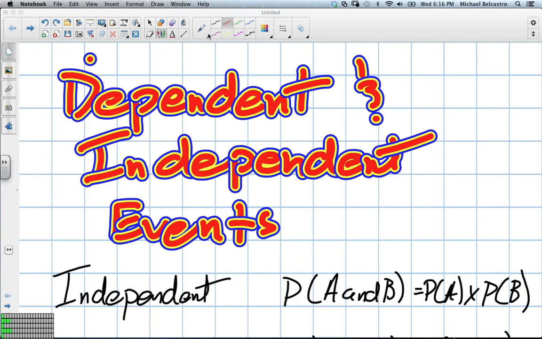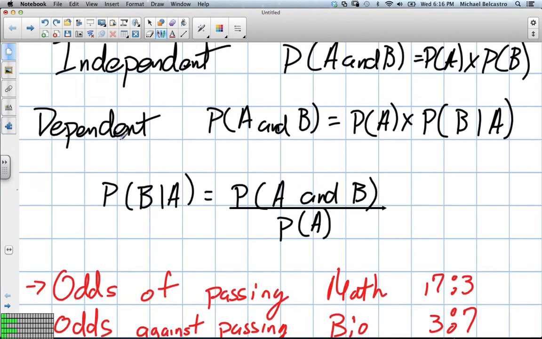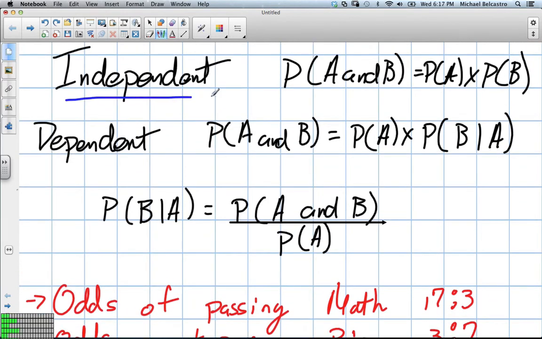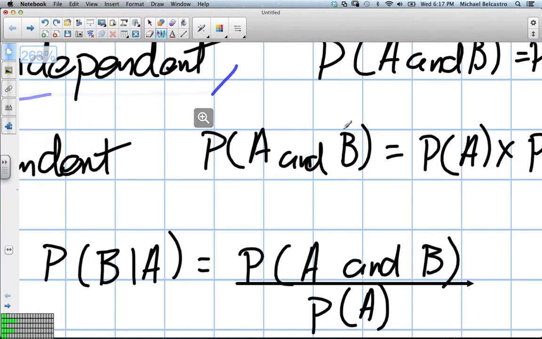So we're going to go through independent and dependent events. We have our little formula. Independent events. The idea of independent events is that they are two events where one does not affect the other. The probability of one happening, which means,